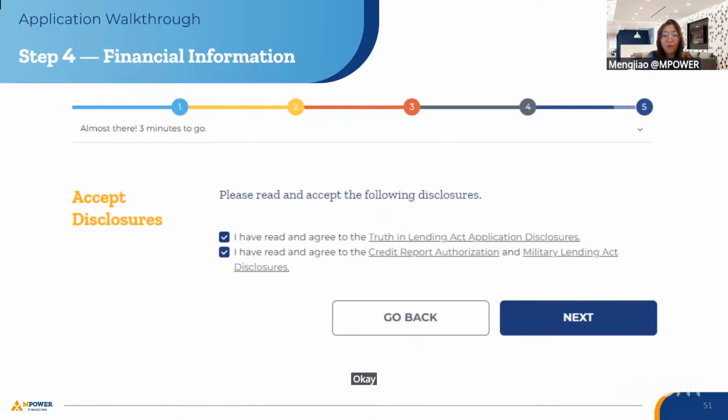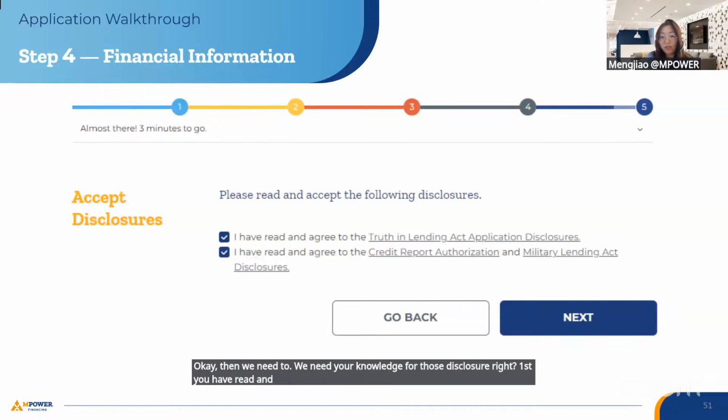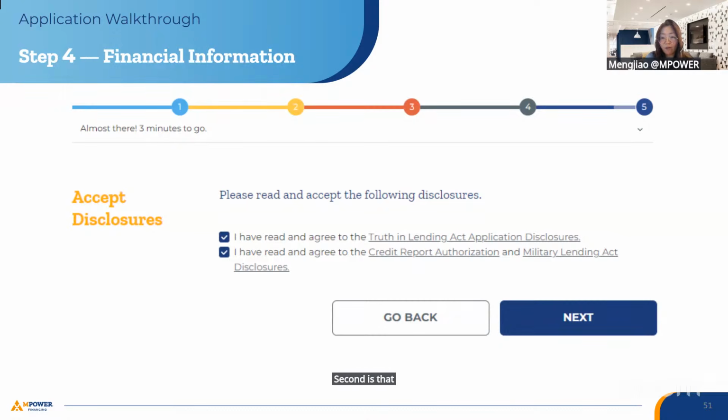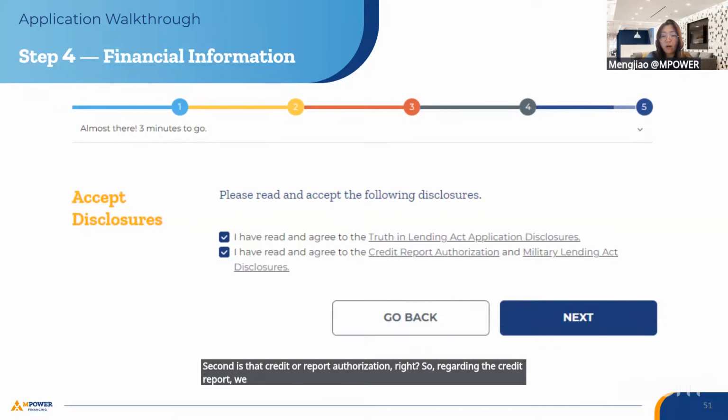Okay, then we need your acknowledgment for those disclosures. First, you have read and agree to the Military Lending Act application disclosures. Second is the credit report authorization. Regarding the credit report, we need to pull your credit history in your home country.